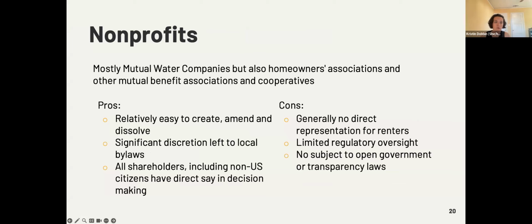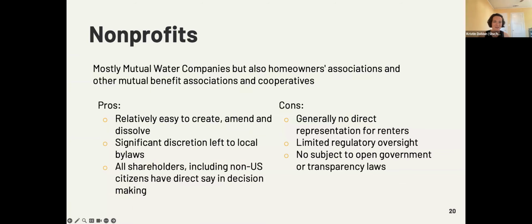So nonprofit water providers, this is mostly mutual water companies, some homeowners associations under different mutual benefit cooperative structures. And one big pro of these that I think many people might be aware of is that they're pretty easy to create. You basically draw up an association and register it. They're also pretty easy to amend and dissolve because